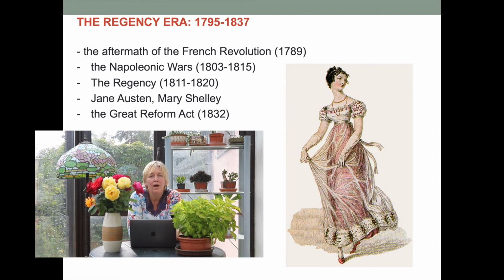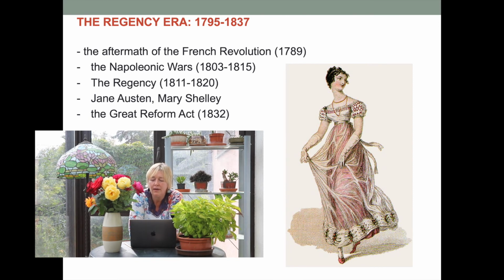in place of his father, in the name of his father, while he was too ill to fulfill any of the official functions. And this happened in 1811 and lasted till the death of the king in 1820. But sometimes, in terms of cultural studies and in terms of art history, the Regency era is also extended. So it's more or less the period from the Napoleonic Wars, so after the aftermath of the French Revolution, to